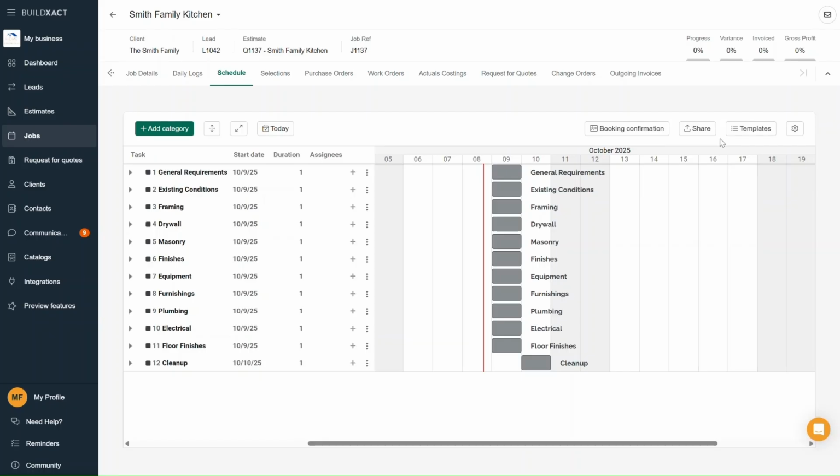That's exactly why we have schedule templates. So let's say you're working on a job and realize the schedule you've built would make a great starting point for future projects. You can save it as a template. It's super simple to do, and I'll show you how a little later on, but before that, let's continue with